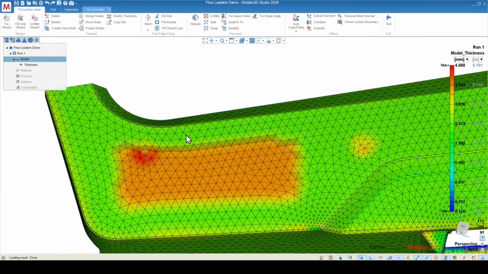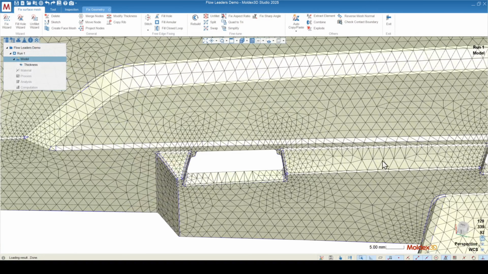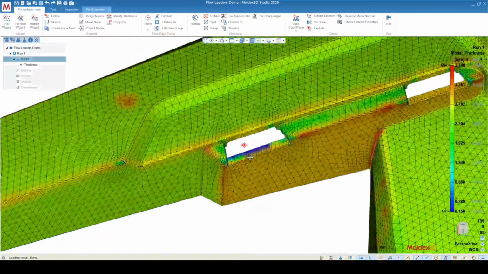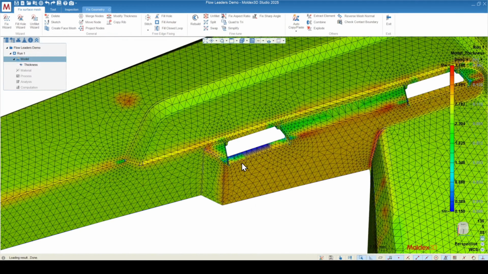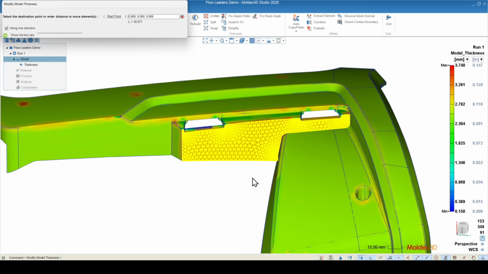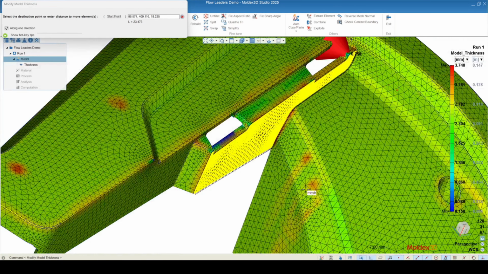And then if I were to try to just locally modify the thickness of this surface, for example, if I go back to my thickness plot, we can already see that this surface is a little bit thicker than the rest of the part. But let's say I just want to make it a little bit thicker even. I'm going to modify thickness, this guy, and I'll select this entire group of elements. Now we can actually see that even if I pull my cursor all the way out here, you actually see